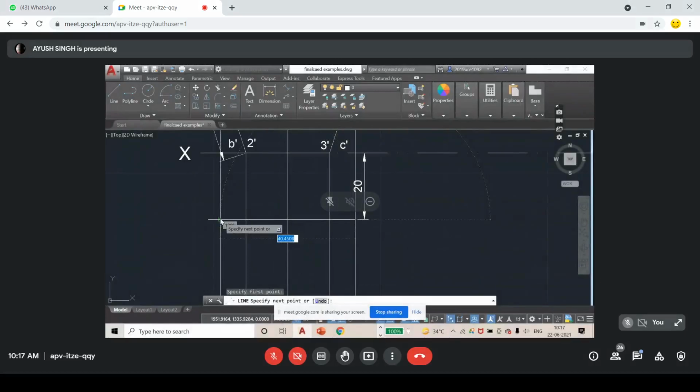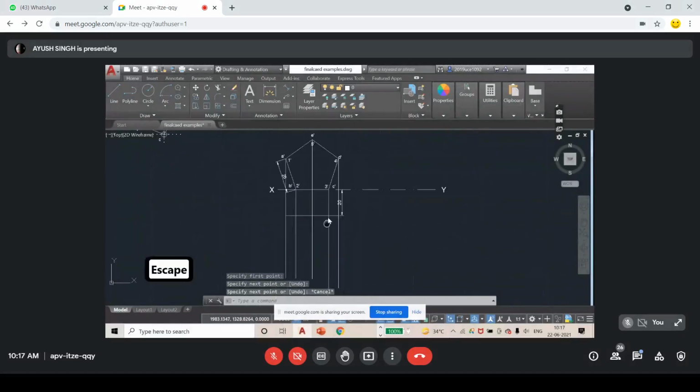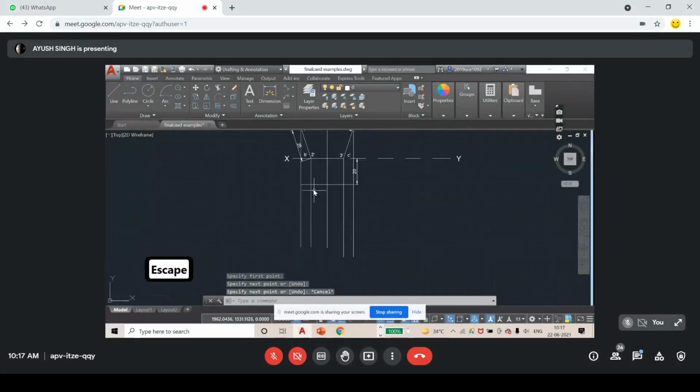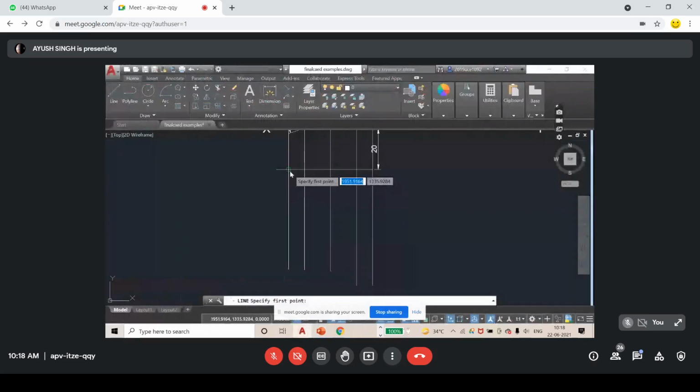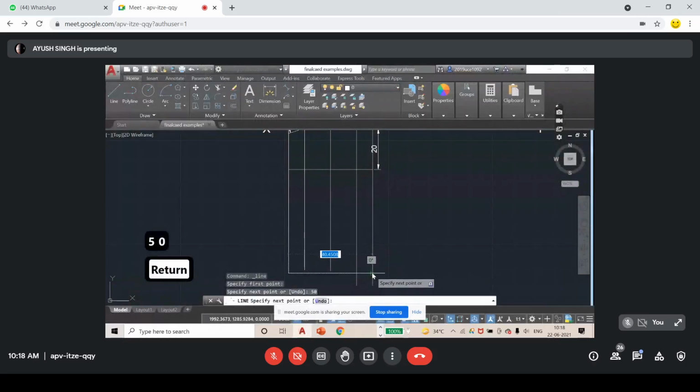So here is my top view, and how long will the top view be? Since the prism is 50 mm long, the top view will be 50 mm only. I am doing this quickly because next is the section of solid. So this is my top view. I am done with the top view.